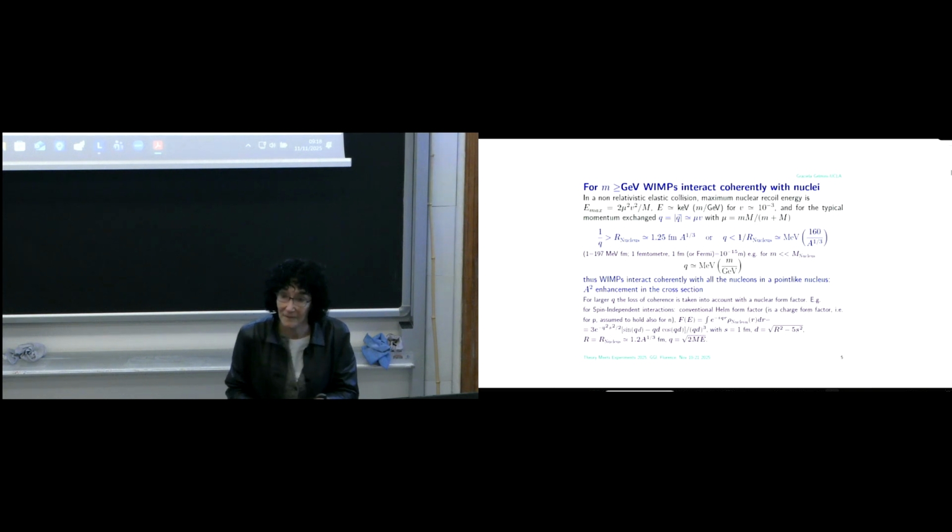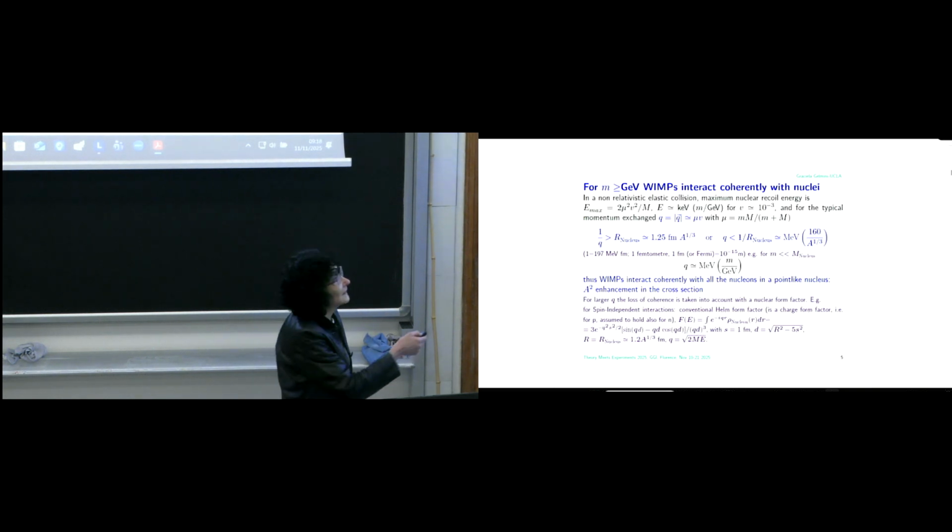So essentially, a WIMP, so here you can see, for example, in the particular case in which for a mass m, which is much smaller than the mass M, big M, of the nucleus, mu is equal to m. And so here you have a typical momentum exchanged. It would be in the MeV. So for WIMPs that are heavy,